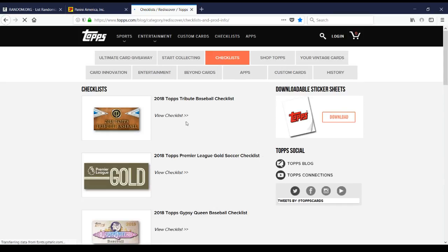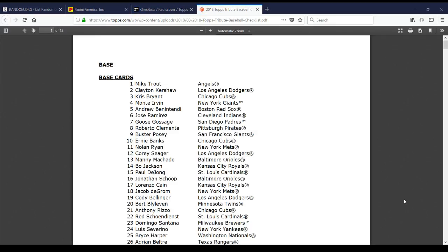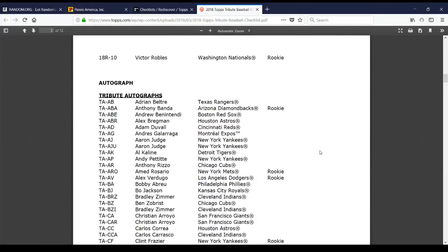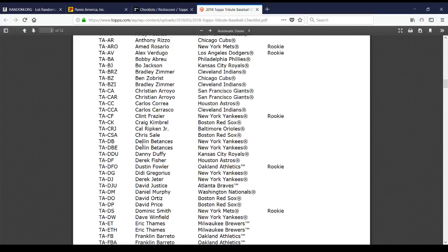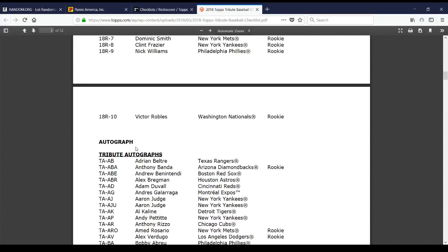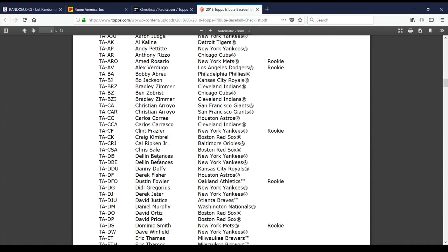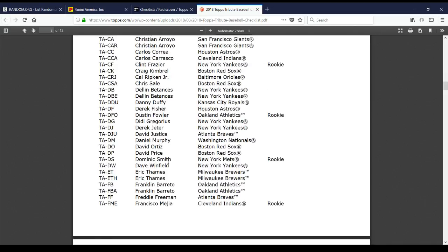I usually have it open, and I had forgotten to do that tonight, as you can see, but we're doing it together right now. All right, this was just under tribute autographs, right? Yeah. Daniel Murphy, where are you? Am I not in the right spot? I'm in the right spot. Tribute autograph, Daniel Murphy. I guess it's just not going to be all alphabetical, which is weird and stupid, but